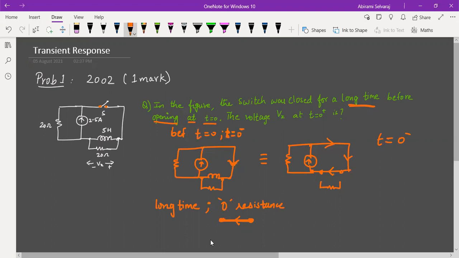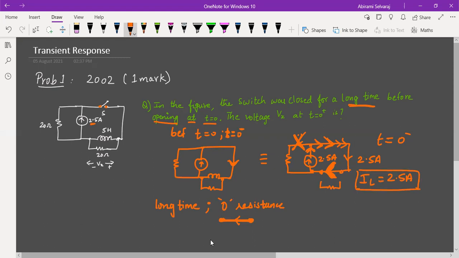So what would be the current flowing here? Here is a current source, and its value is 2.5 amps. When it comes out from this place, will it choose this path or this path? It's not going to choose this path because it has seen a short path. Wherever there is a short circuit, the current is going to choose the lowest resistance path, and a short path is the lowest resistance path. So the total 2.5 amperes is going to flow in this path. The current through the inductor, which is acting as a short circuit, is 2.5 amps. The entire current is going to flow.